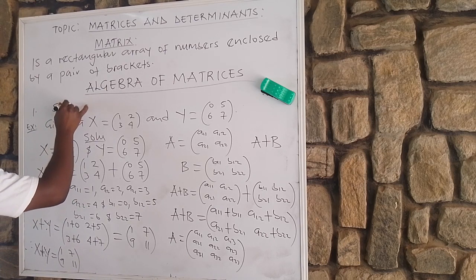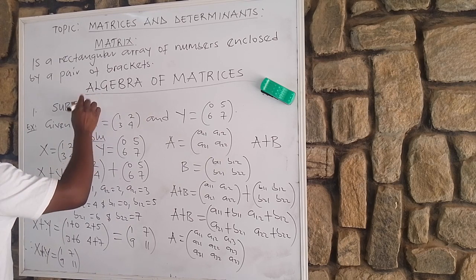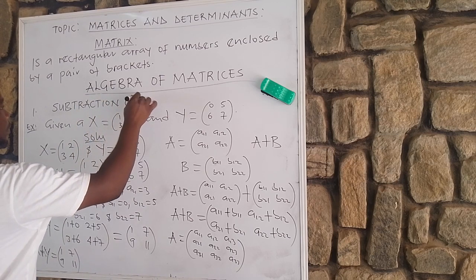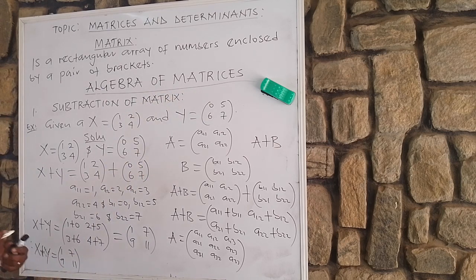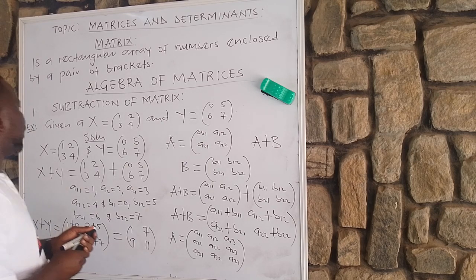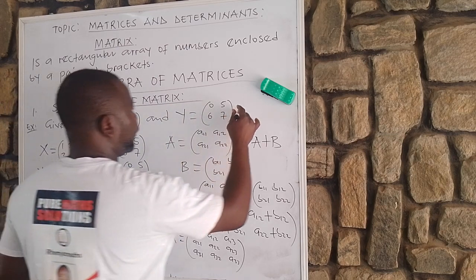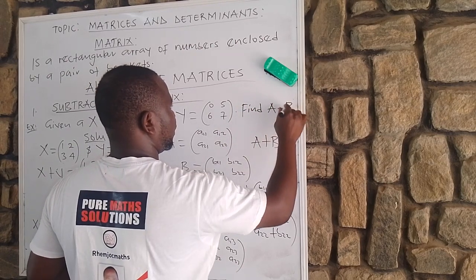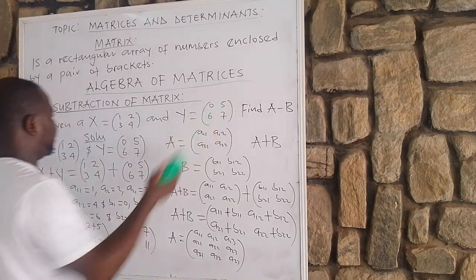Subtraction of matrix. Subtraction of matrix. So, for example, we will make use of the same example. Find A minus B. So the A minus B,